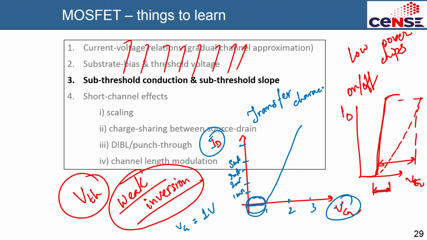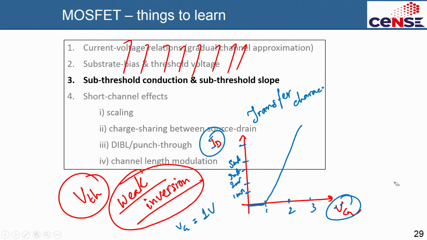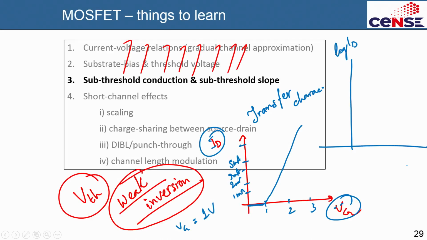So how do you talk about subthreshold conduction? Actually the current is not 0, the current is very low but it is not 0, and the current will actually come up only in a log scale. Only if you plot this in a log scale you will see the current actually come up. What I mean is that the same plot in a log scale, this is log of ID versus Vg at 1 volt, 2 volt, 3 volt for example. You see below 1 volt,